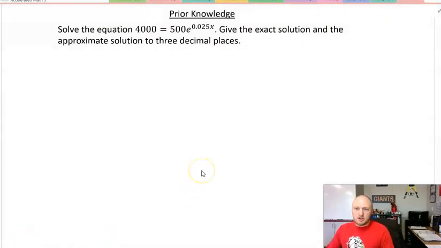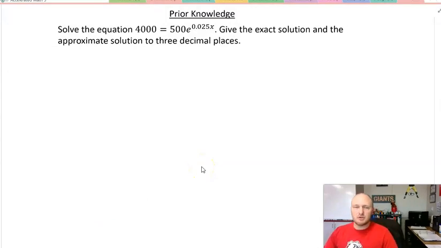Today we are going to solve contextual problems involving exponential equations, and we will use our practice and knowledge of logarithms, the exponential inverse, in order to solve these questions and give an answer to a story problem or a word problem. For prior knowledge, here we have the question: